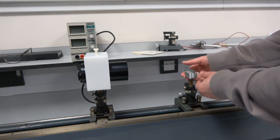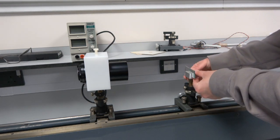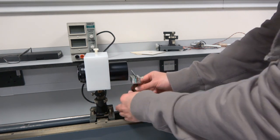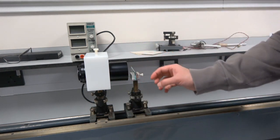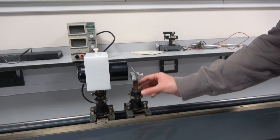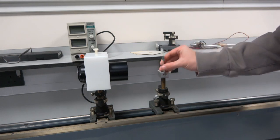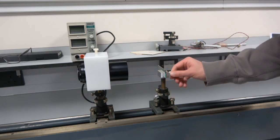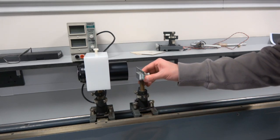But what we want to do is just set the mirror up so it's roughly at the same height as the lens. So you can see that there it's a little low, so I'm going to raise this up. I want to make sure that there's enough of the mirror exposed so that it's going to reflect back. Now I'm going to hold it this way for now, but later on if I need to, I might switch it so that we get a lot of the mirror through. Now, we also don't want the mirror being perfectly parallel, so I'm just going to give it a little tilt,